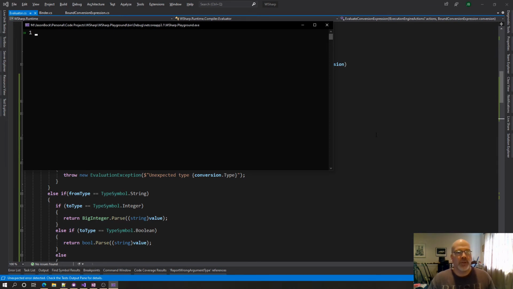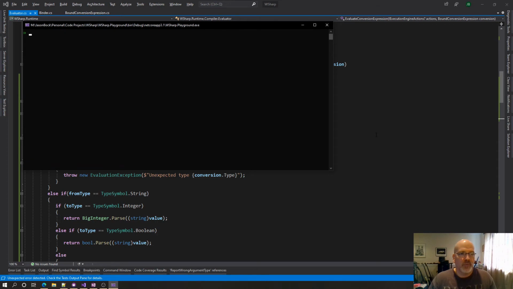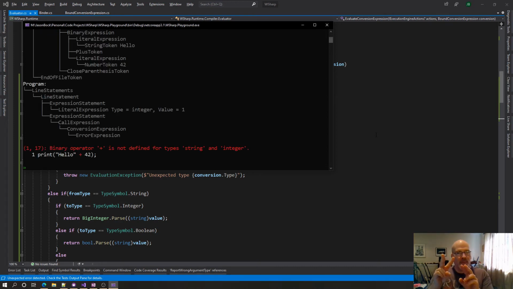So if I say 1 print of random of 42, it works. Whereas before I needed to say string. Okay, and so 1 print of hello plus, this I bet won't. Yeah, because I need to still